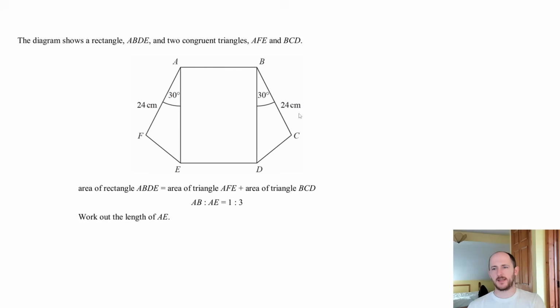Here's a question that I think is a good question, and it has some parts in it that I really want to go through. But this question was also really poorly answered. So we have here a rectangle, this ABDE shape in the middle, and 2 congruent